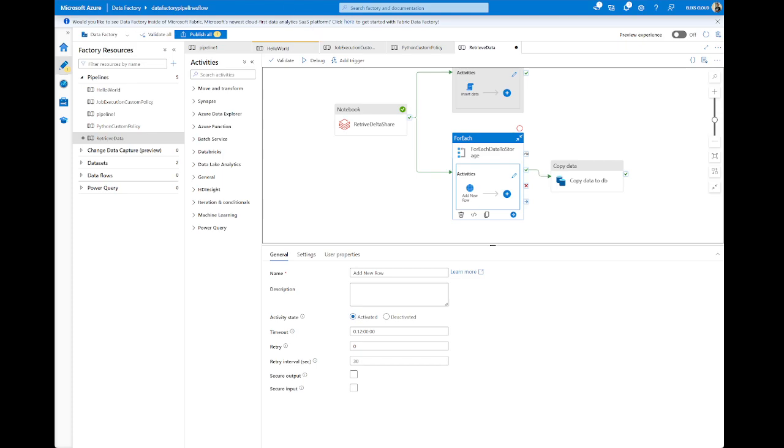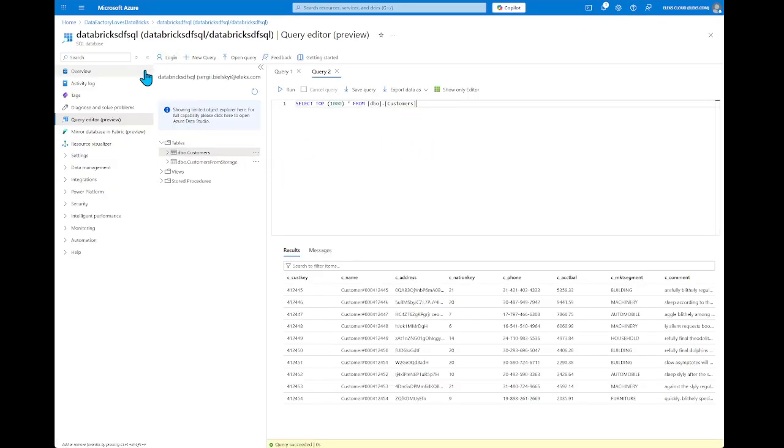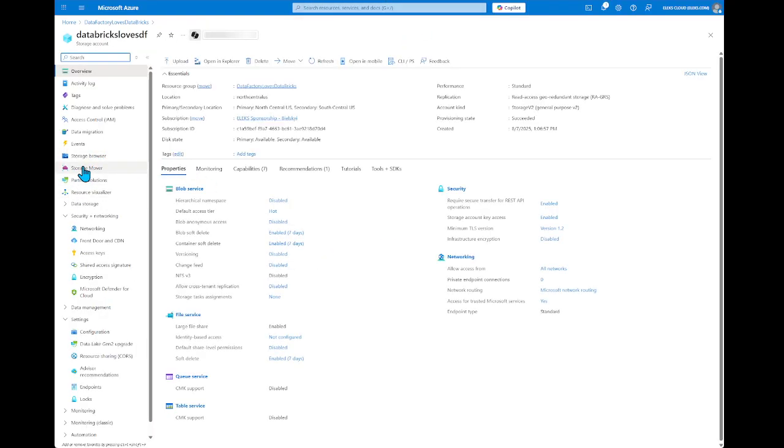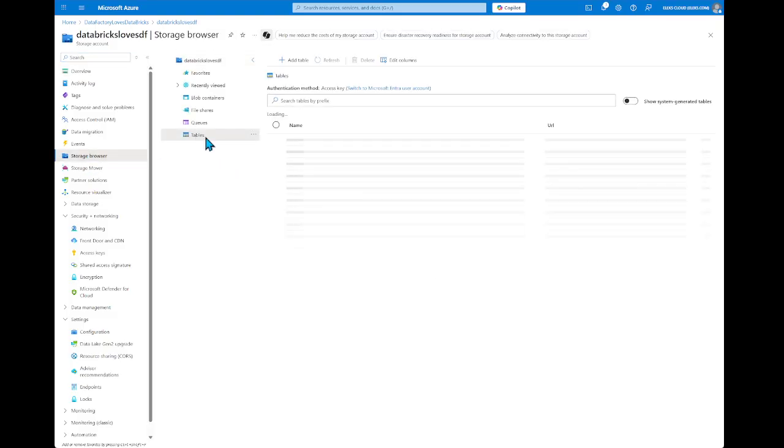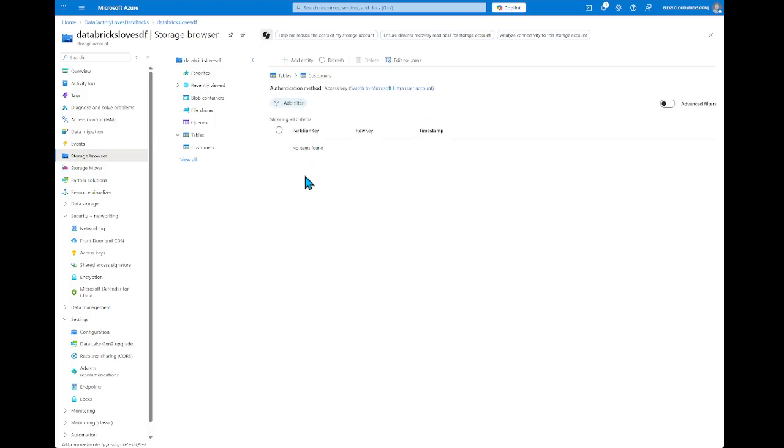Let me show you our storage account, and we have a specific table in the storage account, customers. This is the table that we are going to use to populate the data that we retrieve from a Delta share from Databricks.